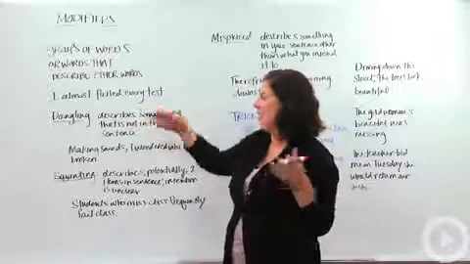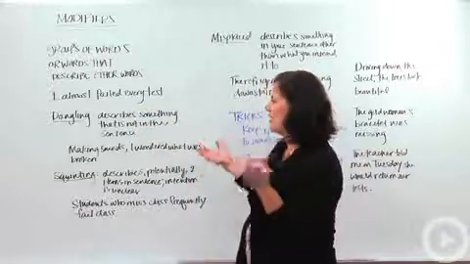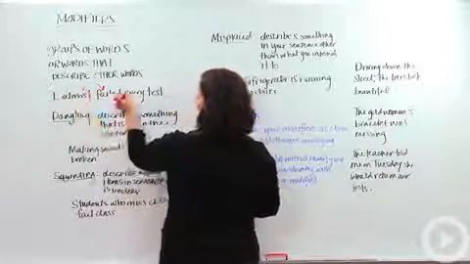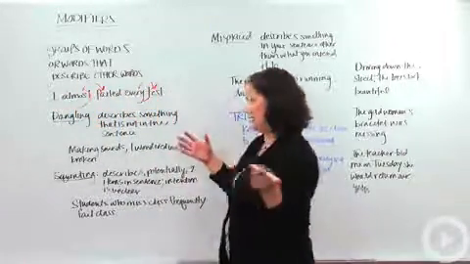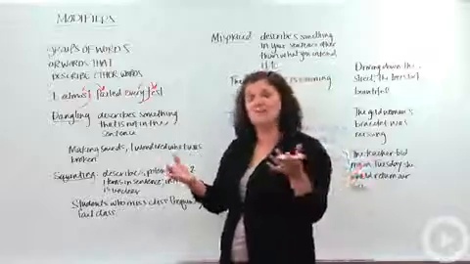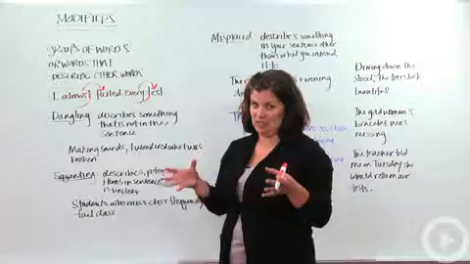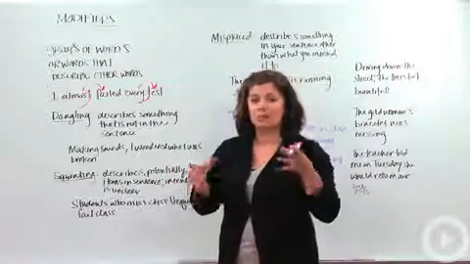So we've got the sentence, I almost failed every test. We've got a lot of modifiers here. We've got the word almost describing failed, and every describing test. So we use modifiers all the time in order to give more information. However, sometimes that can get us into a little bit of trouble, and we're going to talk about 3 trouble